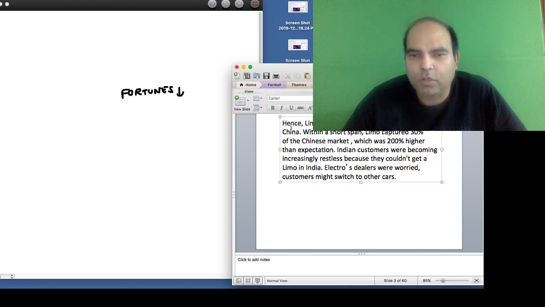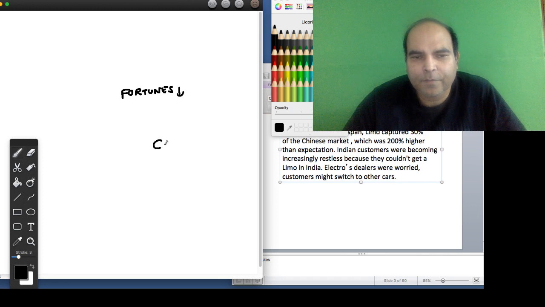Hence, Limo was launched on schedule only in China. Within a short span, Limo captured 30% of the Chinese market, which was 200% higher than expectation. So what is very clearly seen is that the company has a winner in this product. Indian customers were becoming increasingly restless because they couldn't get a Limo in India. Electros dealers were worried customers might switch to other cars. So the case is pretty simple, and you will see one more thing in all these cases,